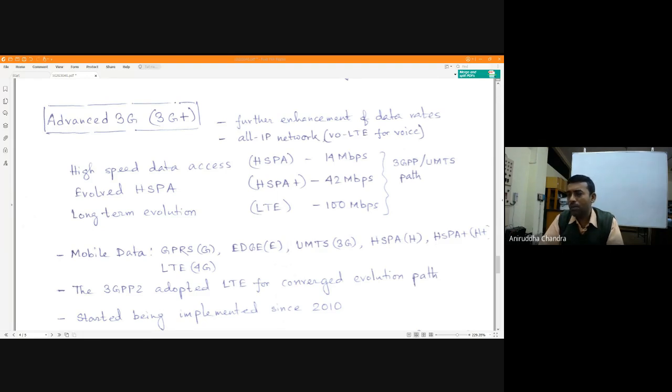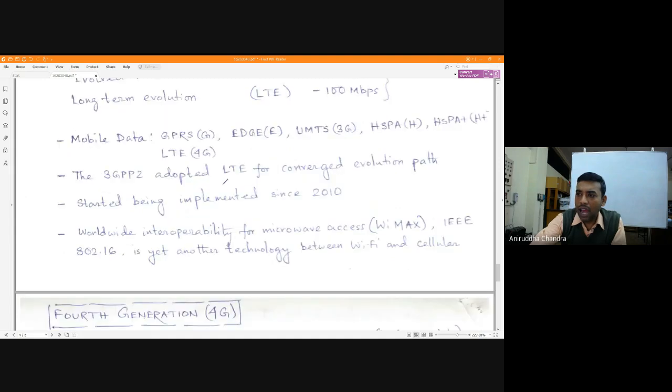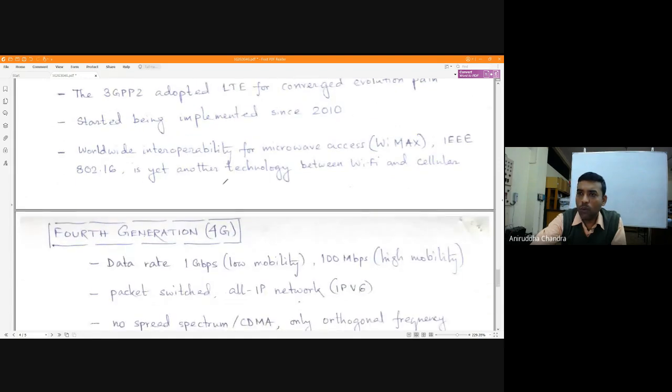Then with Edge, you go to 2.5G, and 3G is UMTS technology, and the advanced 3G are H or H plus. And then obviously you are all going towards LTE, which is actually 4G. LTE started within 3G plus, so they overlap with each other, but they were the major constituent block in 4G. The whole thing started being implemented in 2010, and then we also had some other things like WiMAX,